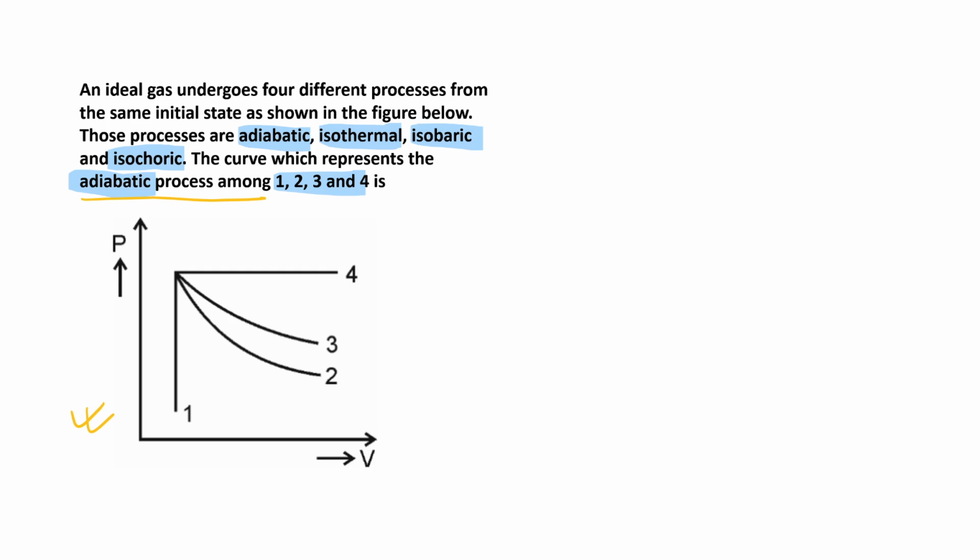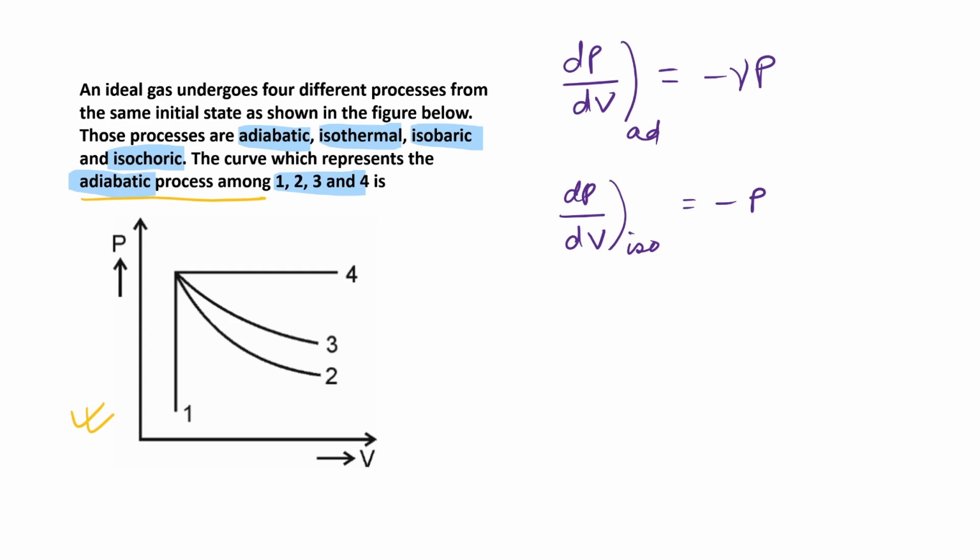So we know from the thermodynamic relation that dP by dV for adiabatic is equal to minus gamma times P. Also dP by dV isothermal is equal to minus P, and from here we can say that dP by dV for adiabatic is greater than dP by dV isothermal,